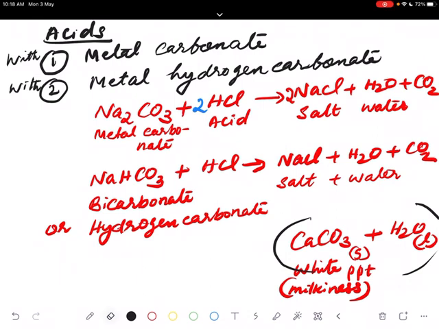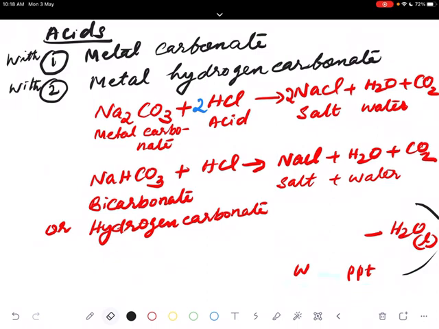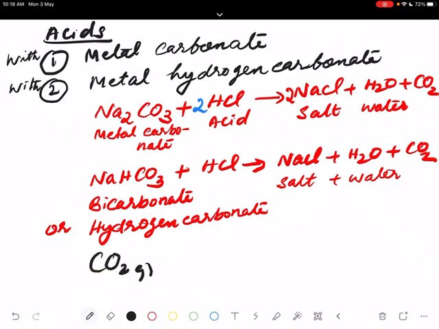So I'll be showing that equation. Carbon dioxide gas is passed, meaning excess carbon dioxide is passed through